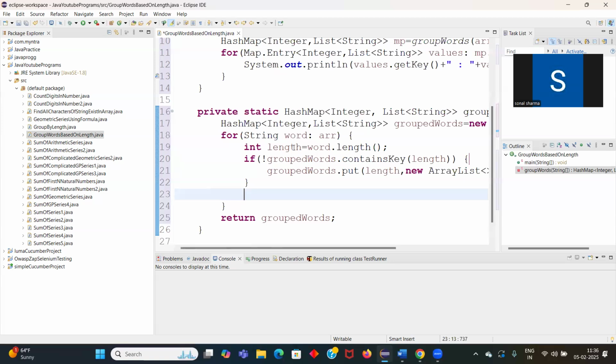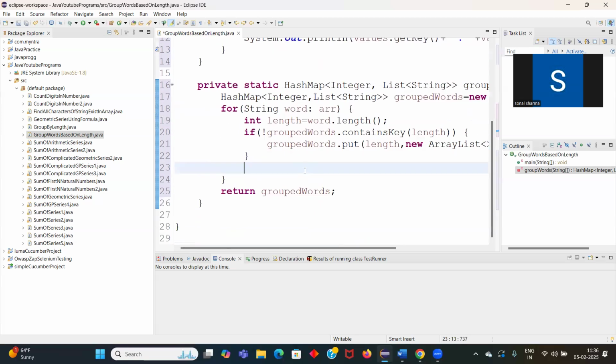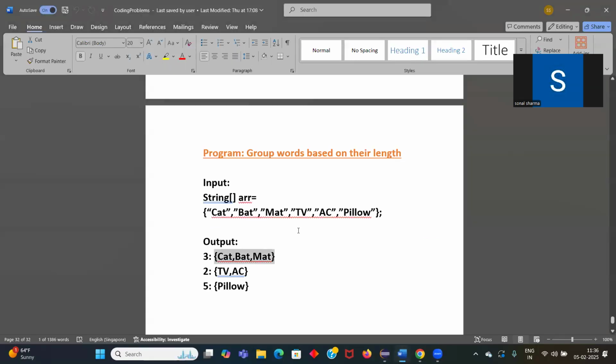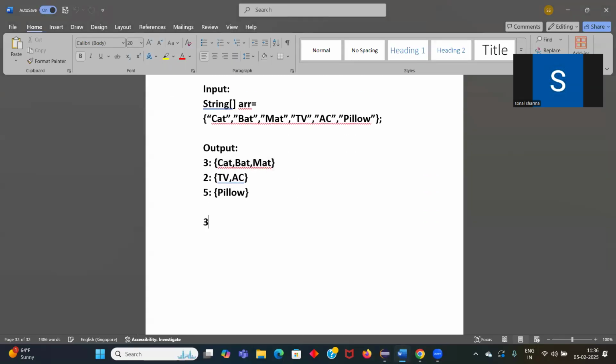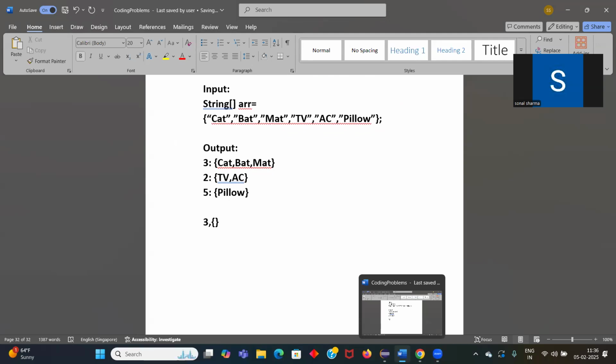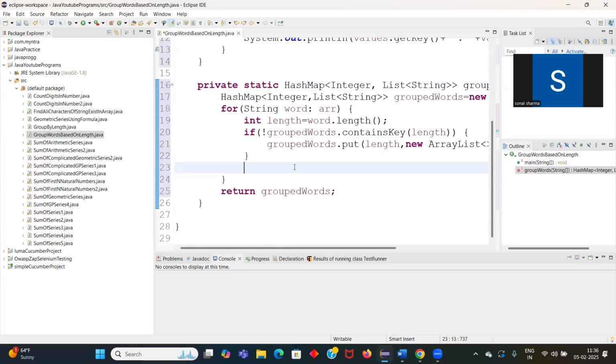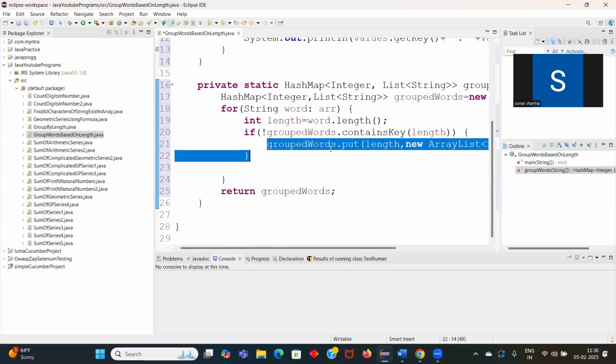So I added, my first word is cat, 3. So I added 3, and my value currently will be 3 and an empty ArrayList. Okay. Now I will come out of this if condition, and what I will do is then I will add the value. So map.get